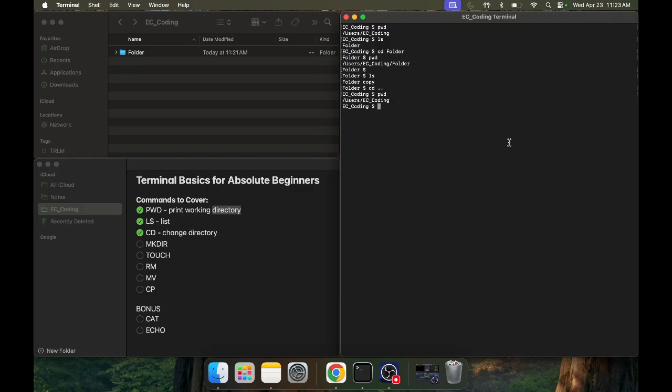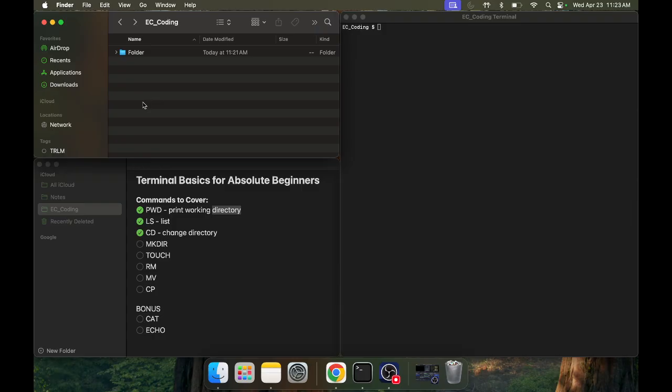Okay. Going back to the terminal, if you type in clear, press enter, it gets rid of all the previous commands you've written. And they're not actually gone. If you want them, you can just scroll up, but they're just hidden. So it's nice and easy to see them. Cool. So continuing on,